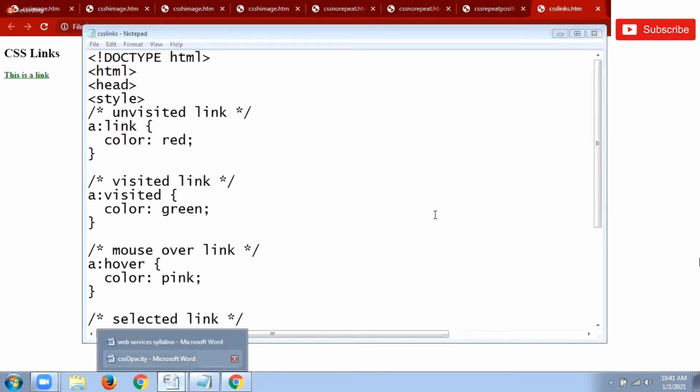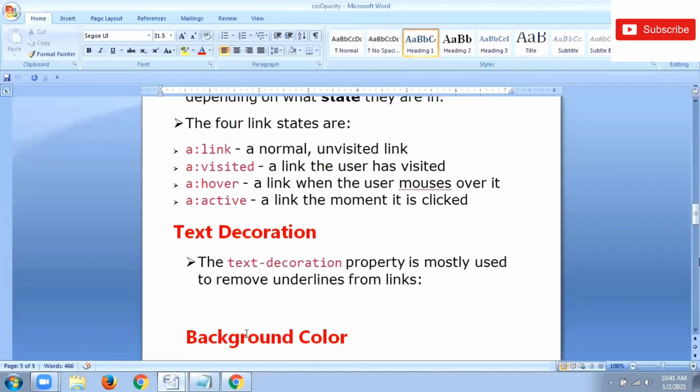Now I want to apply text decoration. Whatever the links are there, I want to add one more property for these four types of links, that is the text decoration property. This text decoration property is used to remove underlines from links. Generally you get an underline.